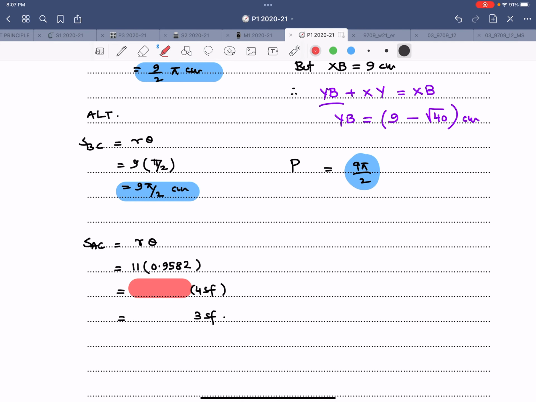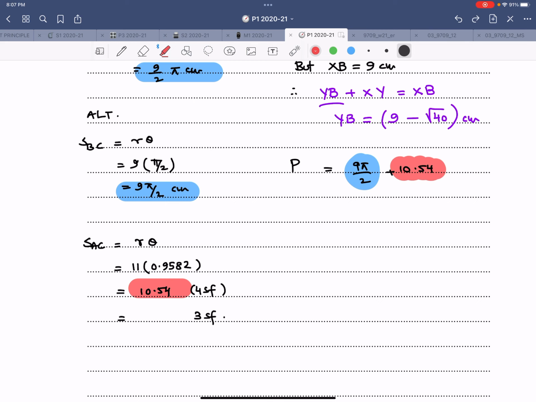That is 11 multiplied by 0.9582. This comes out to be 10.54. So this is 10.54. And this is the orange part. And what else do you need to add? You need to add